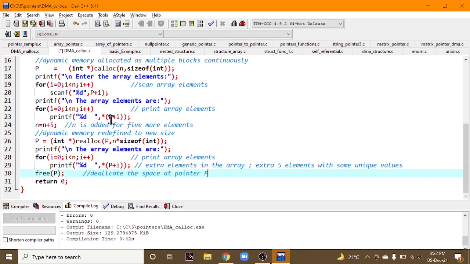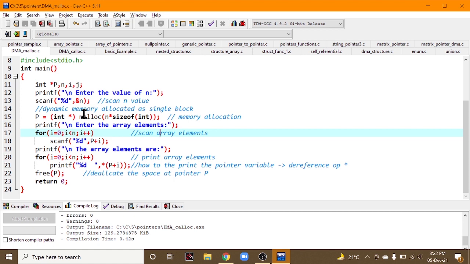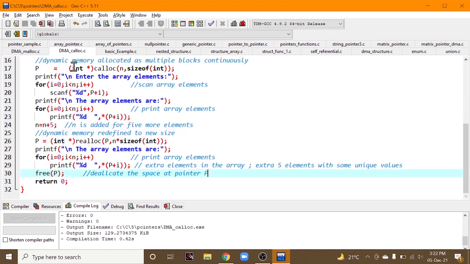This is about calloc, contiguous memory allocation. You have seen all of them, right? In the previous program we saw malloc, memory allocation, and also the free function. Here we have used contiguous allocation and how to reallocate. Before reallocating you need to explicitly mention whether you want to increase the size of your n.